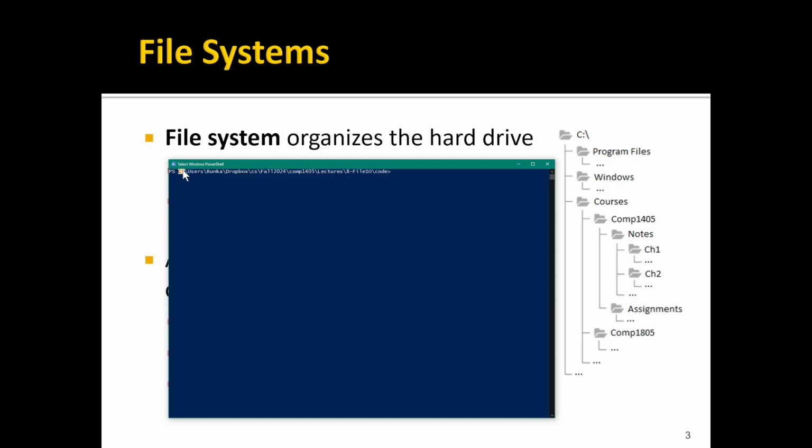So notice at one end of the path is the root, and then it's just a sequence of folders that are a single path through some large directory tree that ends at the current directory. If I wanted, I could change to the root by saying cd, to change directory, and then /, and that takes me to the root of my file system. And if I wanted to get back to the folder where I was, I could say cd and then type out that whole path,